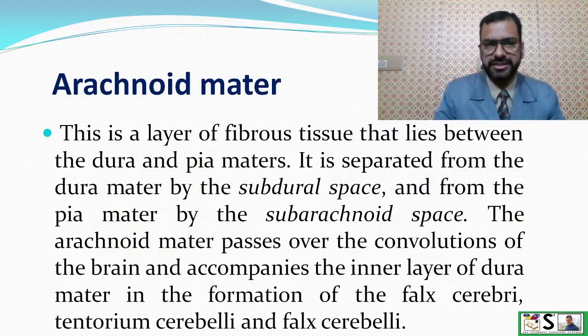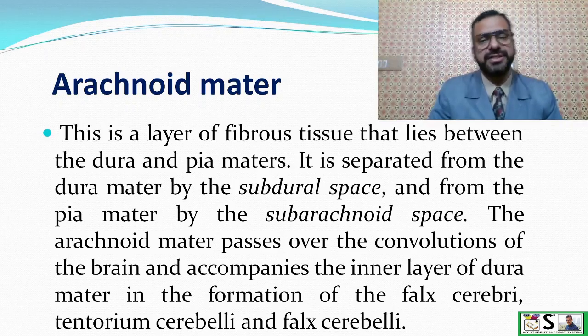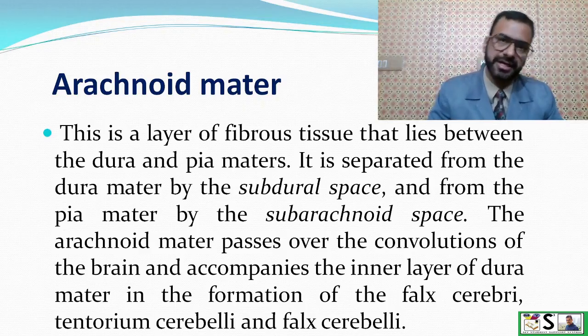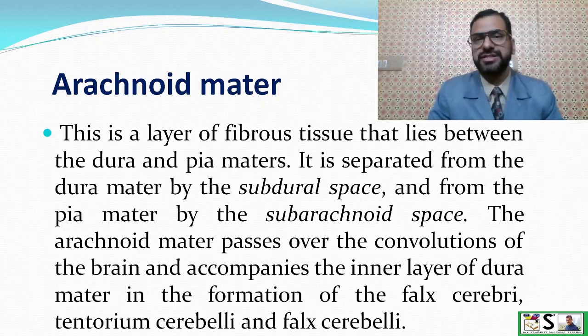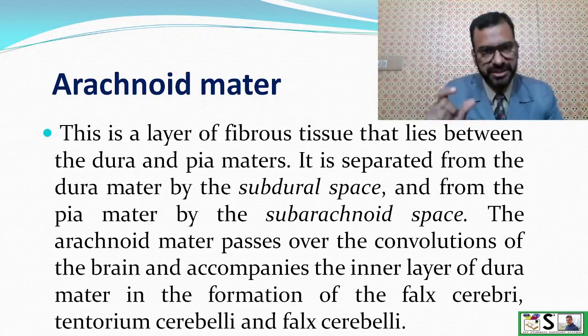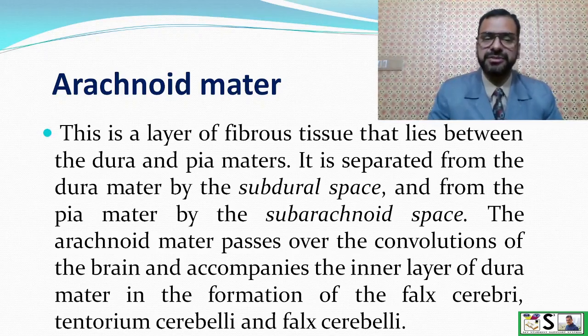The second or middle layer is arachnoid mater. This layer is of fibrous tissue that lies between the dura and pia maters. It is separated from the dura mater by a space known as subdural space, and from pia mater by subarachnoid space. The arachnoid mater passes over the convolutions of the cerebrum or brain and accompanies the inner layer of dura mater in the formation of falx cerebri, tentorium cerebelli, and